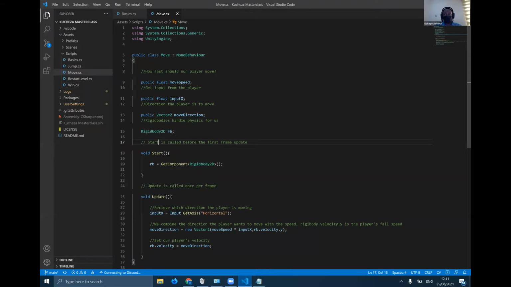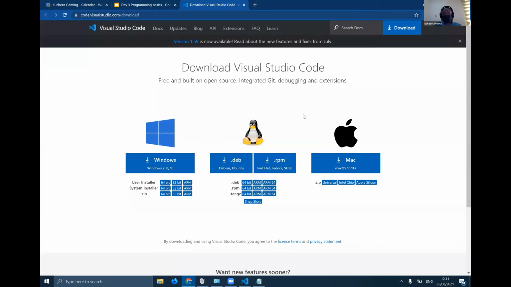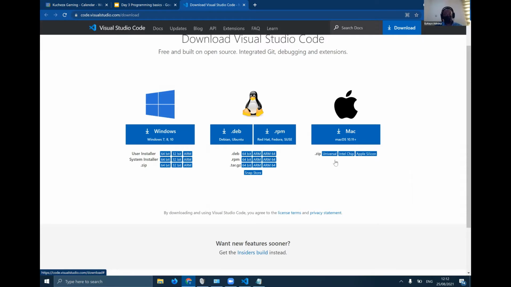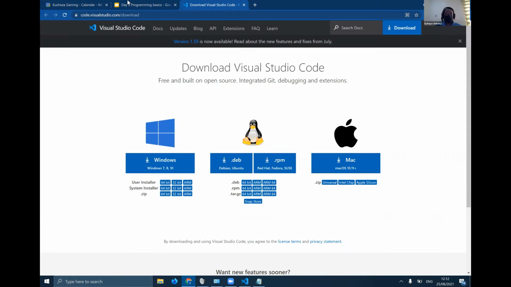Let me see if I can put the program in chat for those that didn't see it. In case you have a 32-bit system, because I know some people had that last time, there's also an option for that, as well as pretty much every single operating system. Okay, but from there,